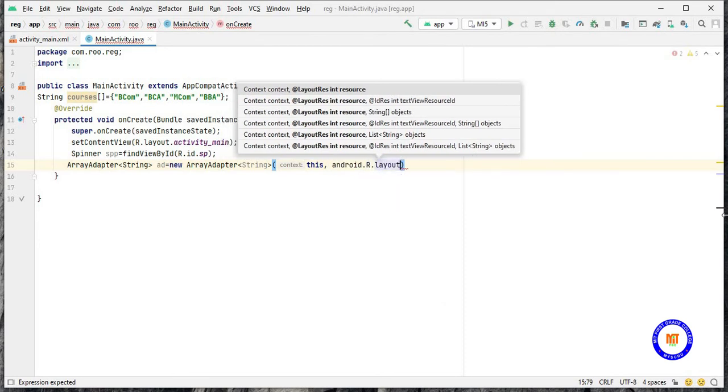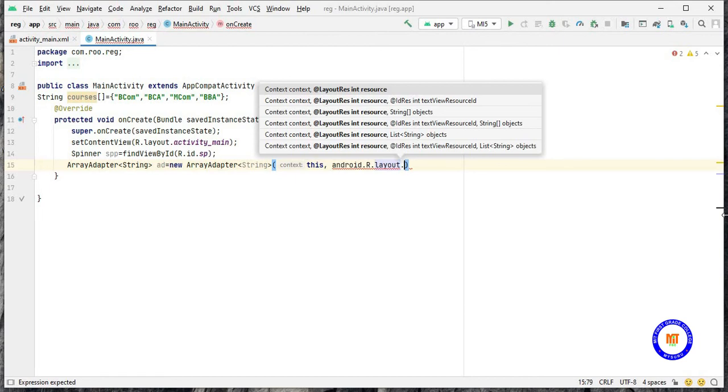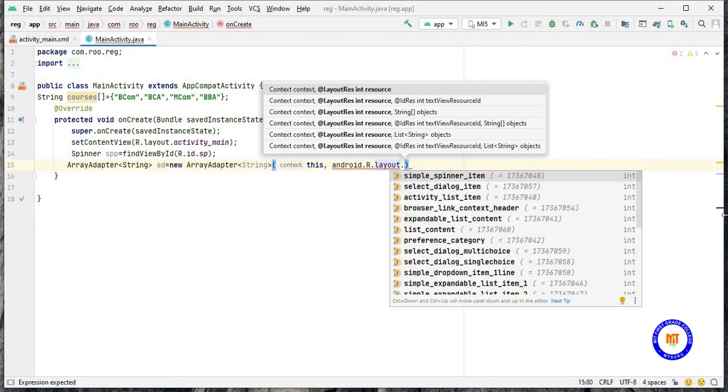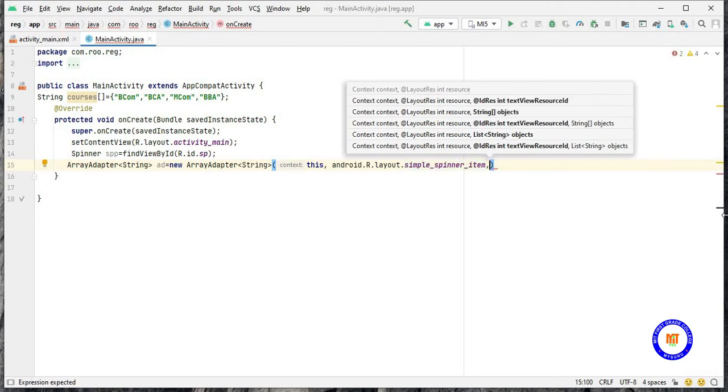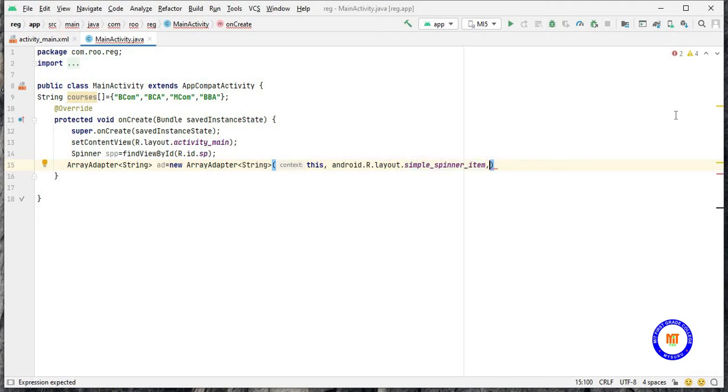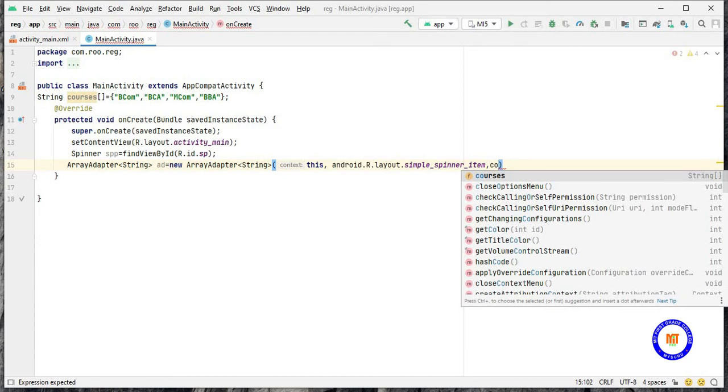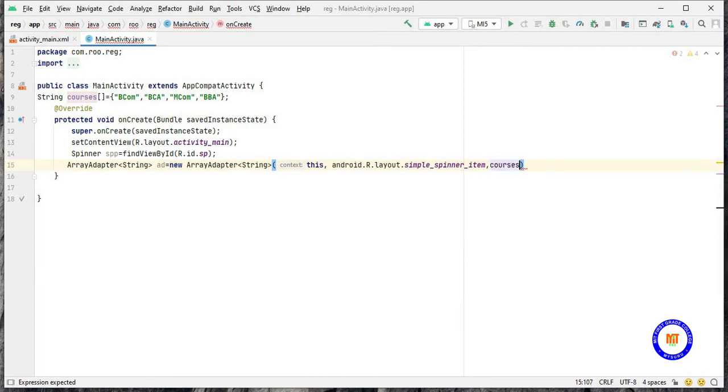I am setting that to simple_spinner_item. My courses elements will be displayed in the simple spinner item layout. Third parameter is the courses.